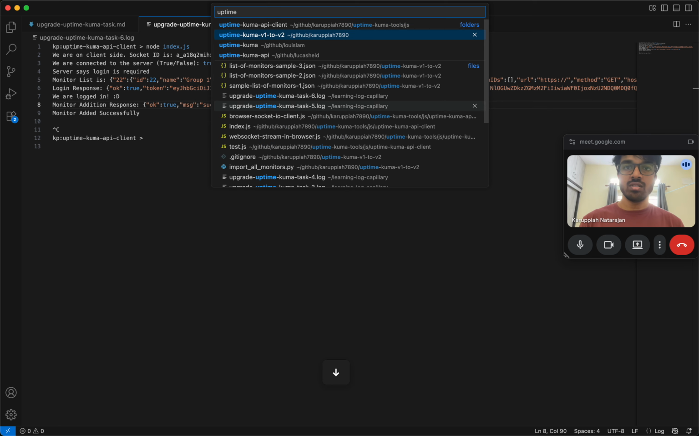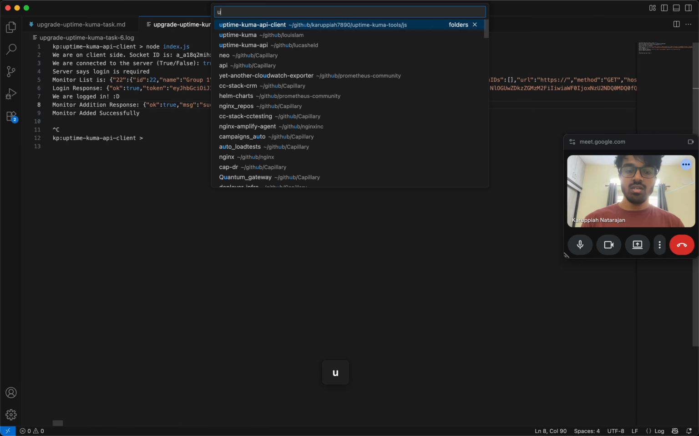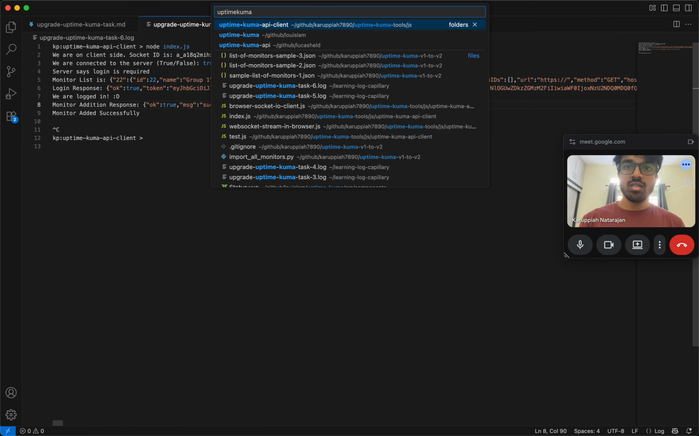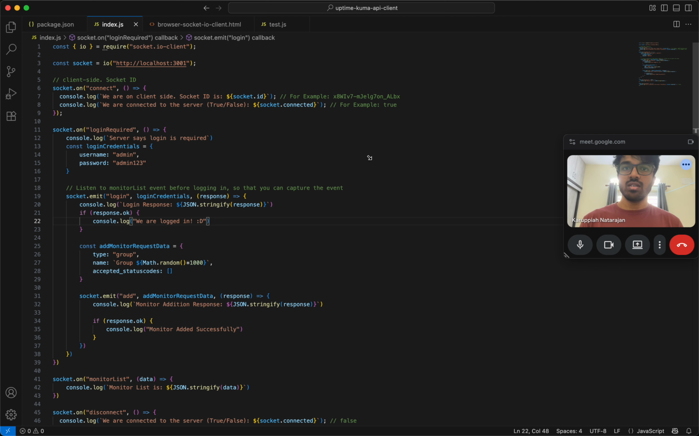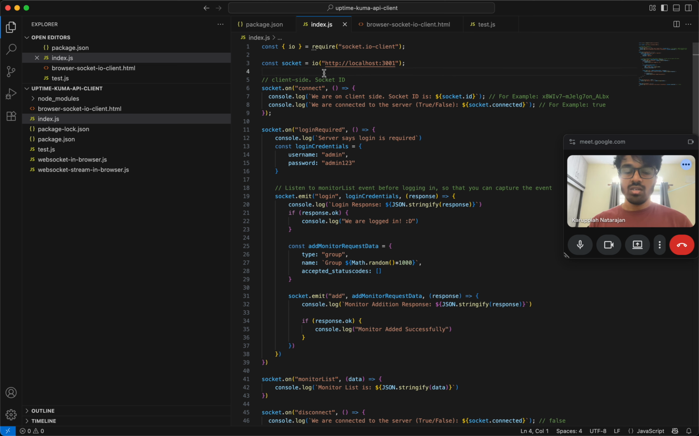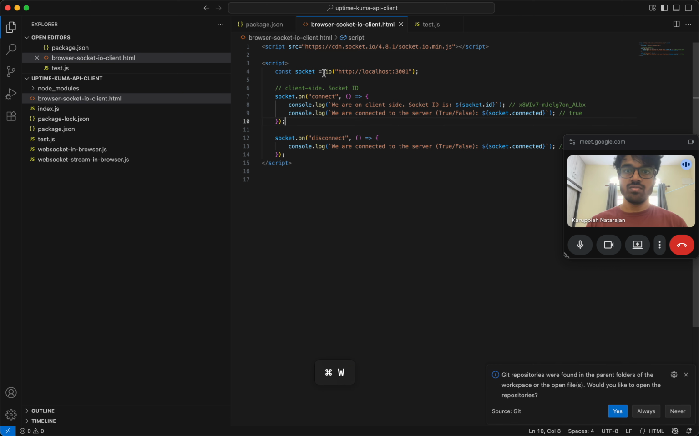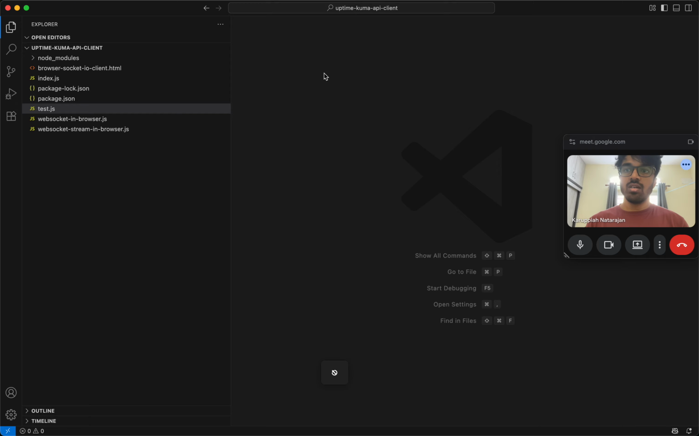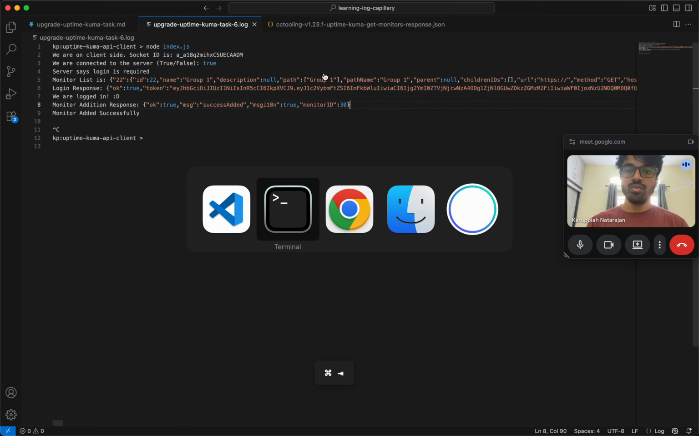Uptime Kuma thing. It's not there. Uptime Kuma pay client. Right. So this is there, right? And here you can actually see. Okay, so this one has the index.js and everything, right? So I'll just close this for now, right? And I'll actually open